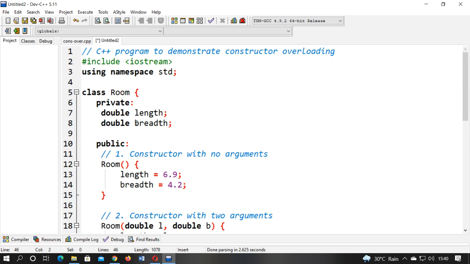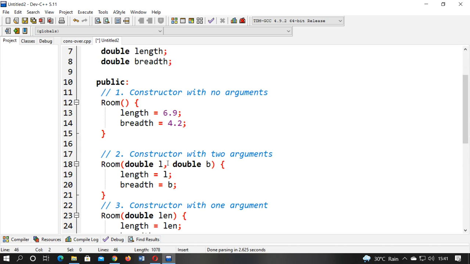What we did in this program is we have passed two variables, length and breadth. In the length we assign the value 6.9, and the breadth is 4.9. This is the actual value that is to be defined over here. Either you can take it from the user or you can initialize the value. In the second constructor, the two argument list, one is double L and double B. L contains the value which will be stored in the length, and the B value will be stored in the breadth.